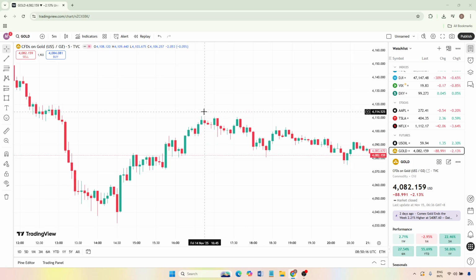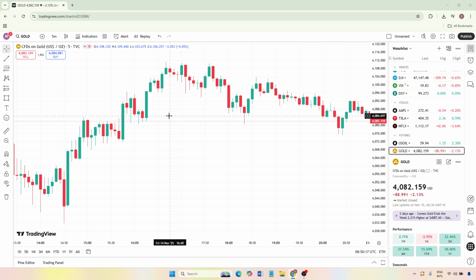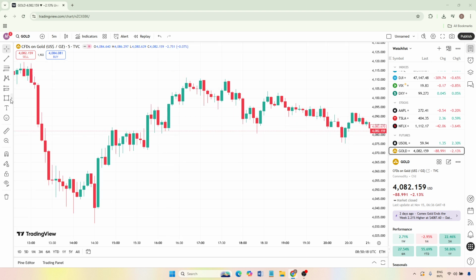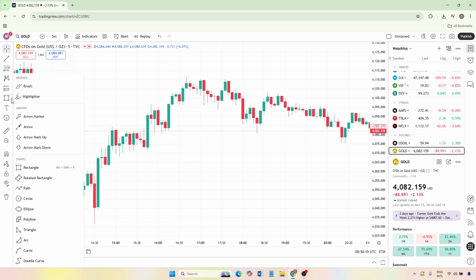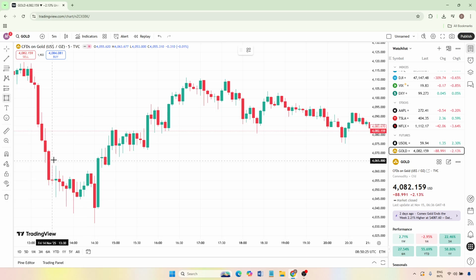Look to the left side of your chart. This panel is your toolbox where you can find all sorts of tools to help analyze your data. Locate the rectangle icon. You might need to hover over other tools to reveal it, as it's typically grouped with other shape tools. Clicking on the rectangle tool will activate it, and your cursor will change to indicate it's ready